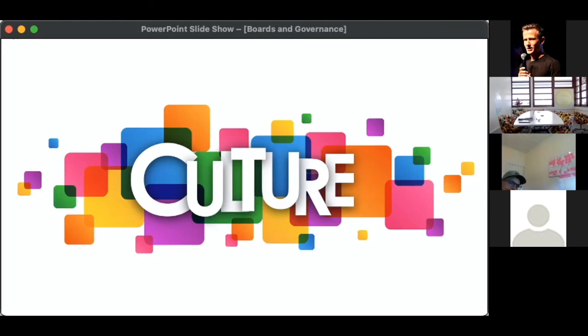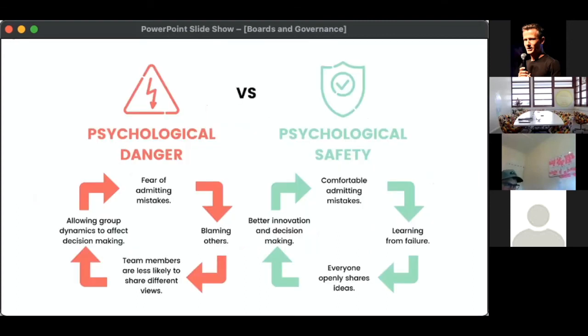But it's also about creating a psychological safe space in which people can air things that are going wrong. So if they suspect something or they're suspicious of something or they just think something isn't right, they should be able to tell the boss. And that should be rewarded and the common practice. So to clarify that in terms of how these things manifest, if you look on the left, we talk about psychological danger. So this is when team members are afraid of admitting mistakes. So what do they do? They hide their mistakes. That's not good corporate governance. When your team can't share that they messed up and they try and put it under the rug,